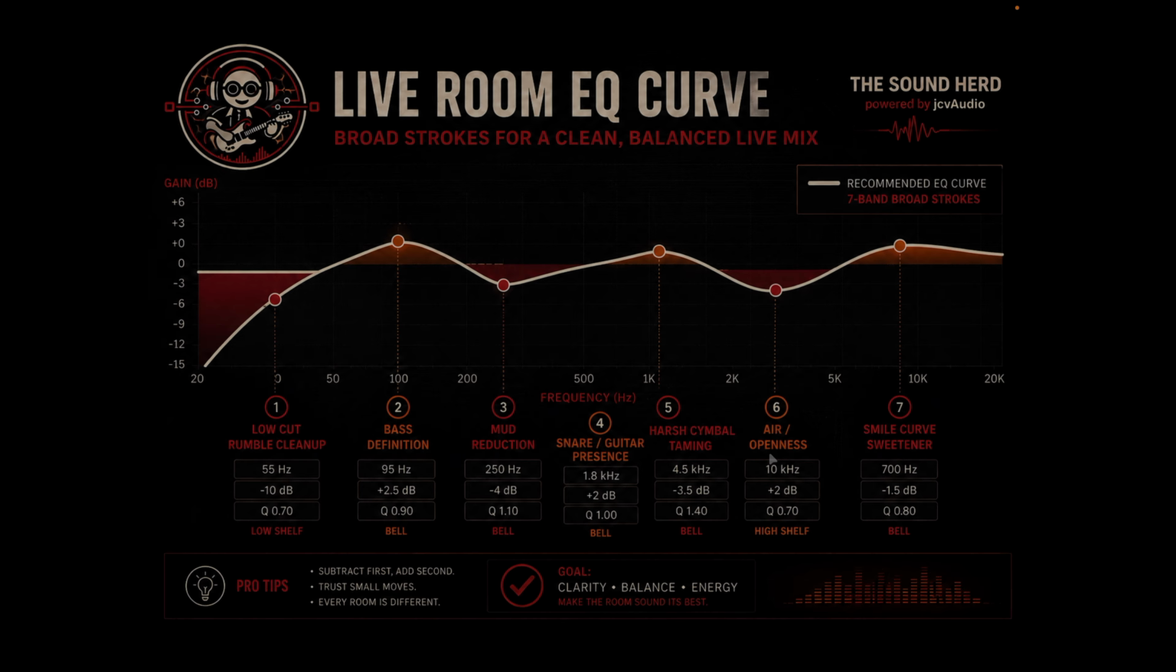Which leads me to band number 6. We've got air and openness at 10 kilohertz. This is where you would boost at around plus 2 dB for your clarity in the mix. And then we start to get into dog whistle territory, where you would attenuate or reduce at -1 to, I would say, -2 to 3 even, at 700 hertz, because nobody needs that ice pick in their ear